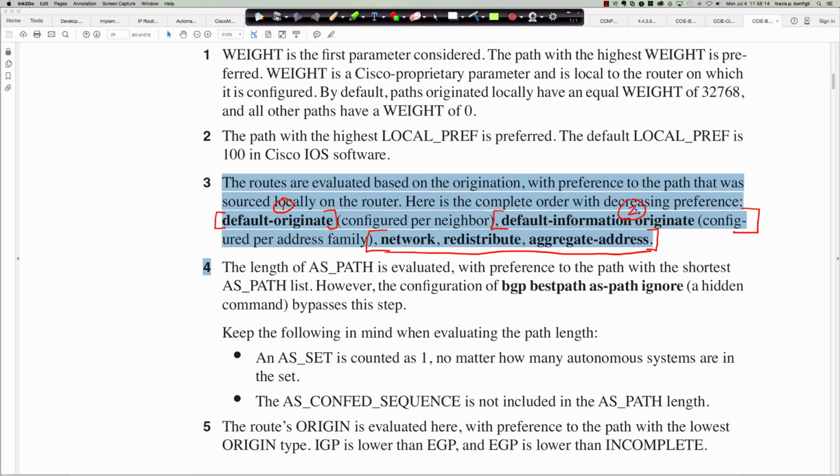And what's interesting is the default information originate is actually 3,